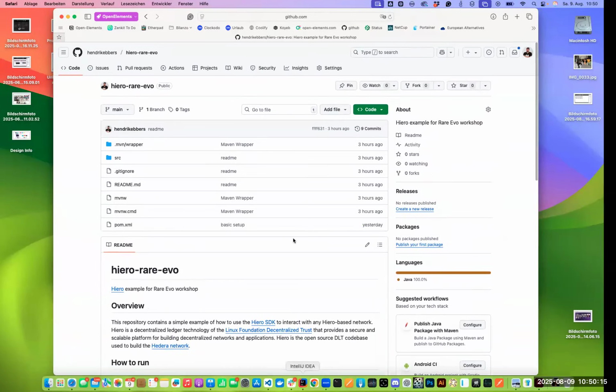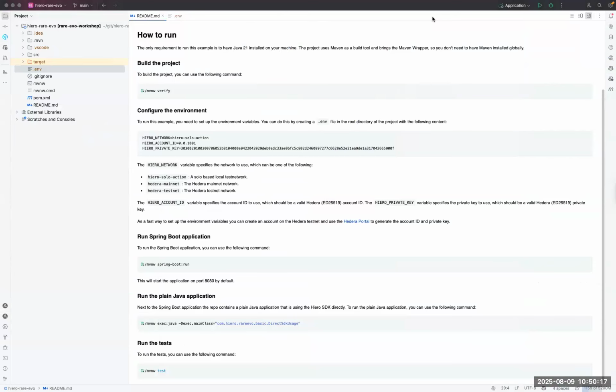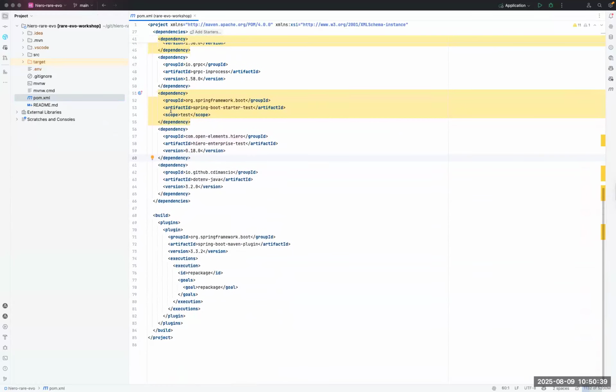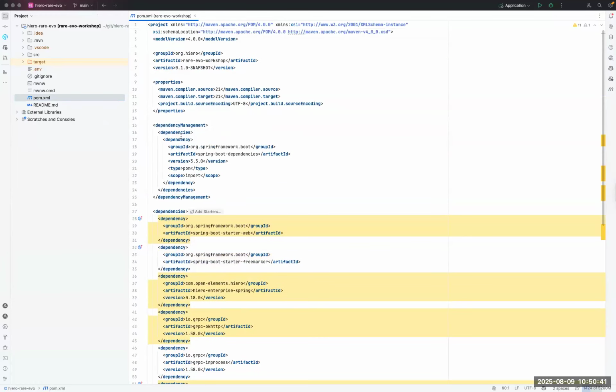So I have already checked out that project. In general, what we are doing now is all part of the README of this project. As said, it's a Java project based on Maven. If you never coded in Java, Maven is the build tool that is used in that project. So it has a pom.xml that defines all the dependencies of that project, the Java version that should be used,